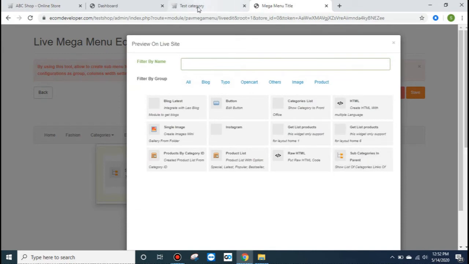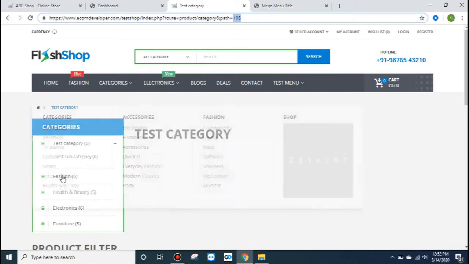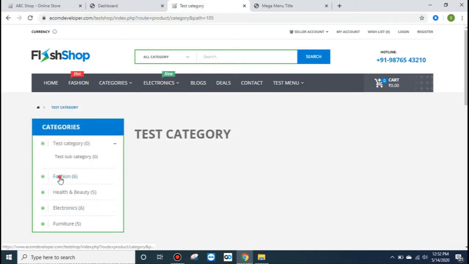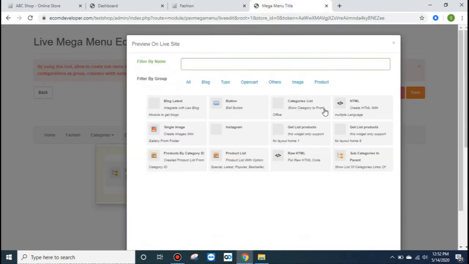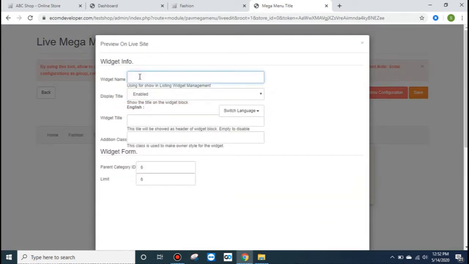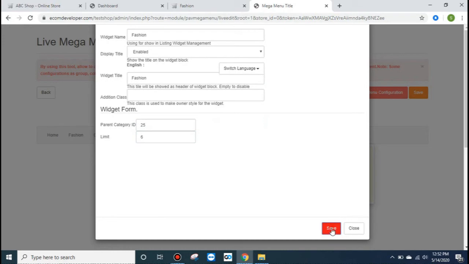This time we will take the example of fashion. So ID for fashion is 25. Okay, fashion, 25, tab in your keyboard, save it.